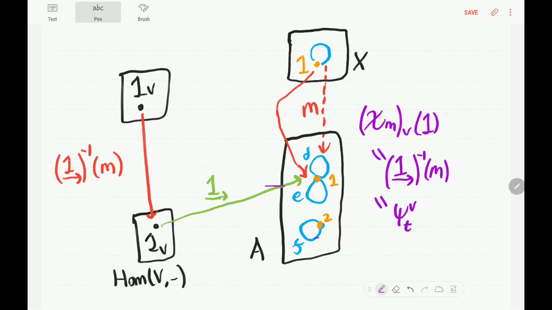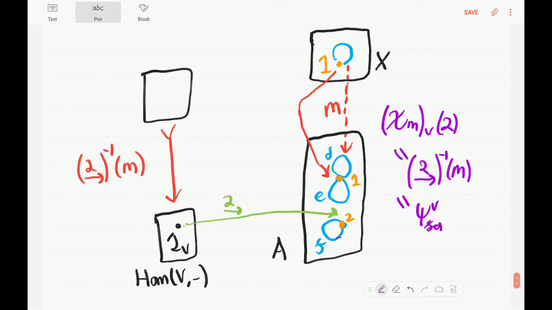And so we're essentially saying, what's the subobject of stuff in hom V comma blank which is getting sent to things inside this monic M. And essentially the answer is, well, everything in here is, okay, because this is just sending something to 1, and we know that 1's in M. So we have that the pullback of M along 1 under arrow is just going to be the kind of full subobject of hom V comma blank, and that's what we call psi V true. And then finally,